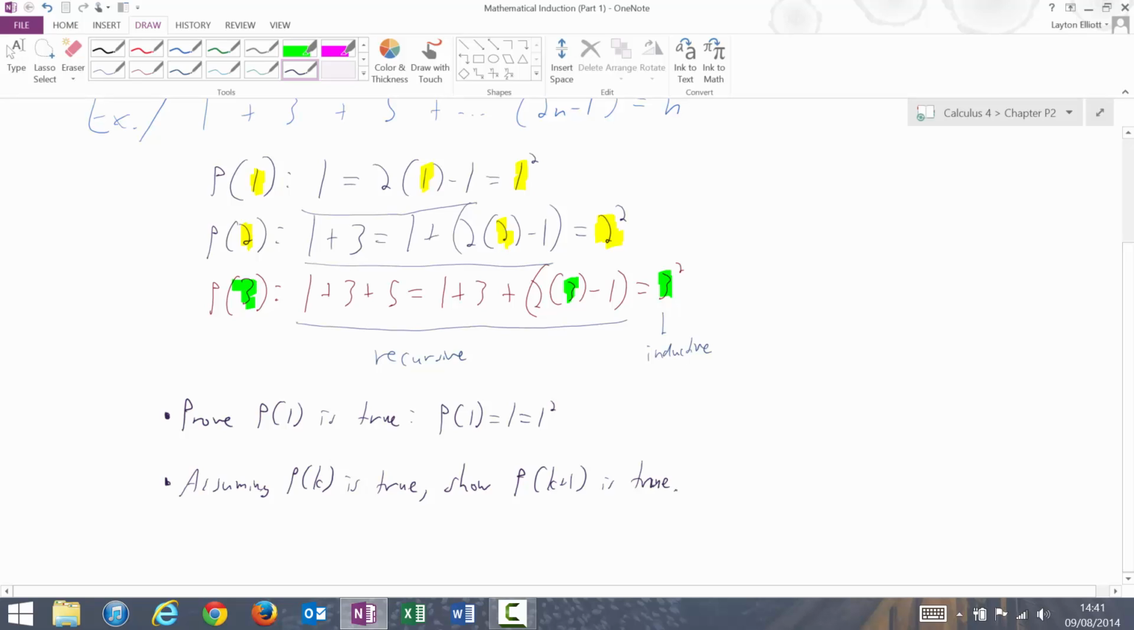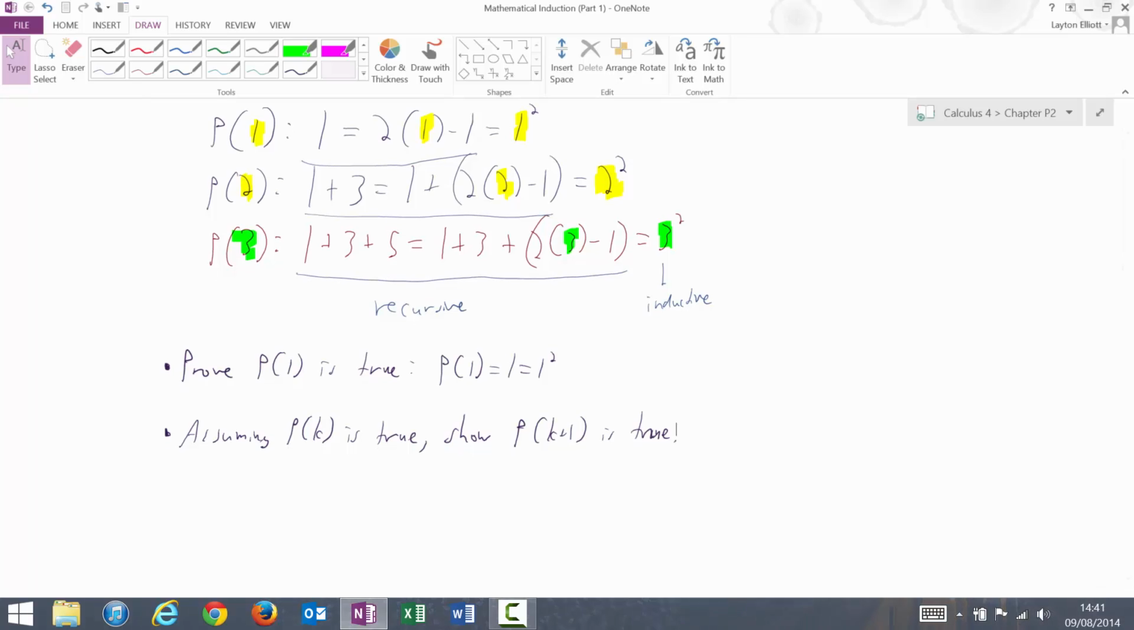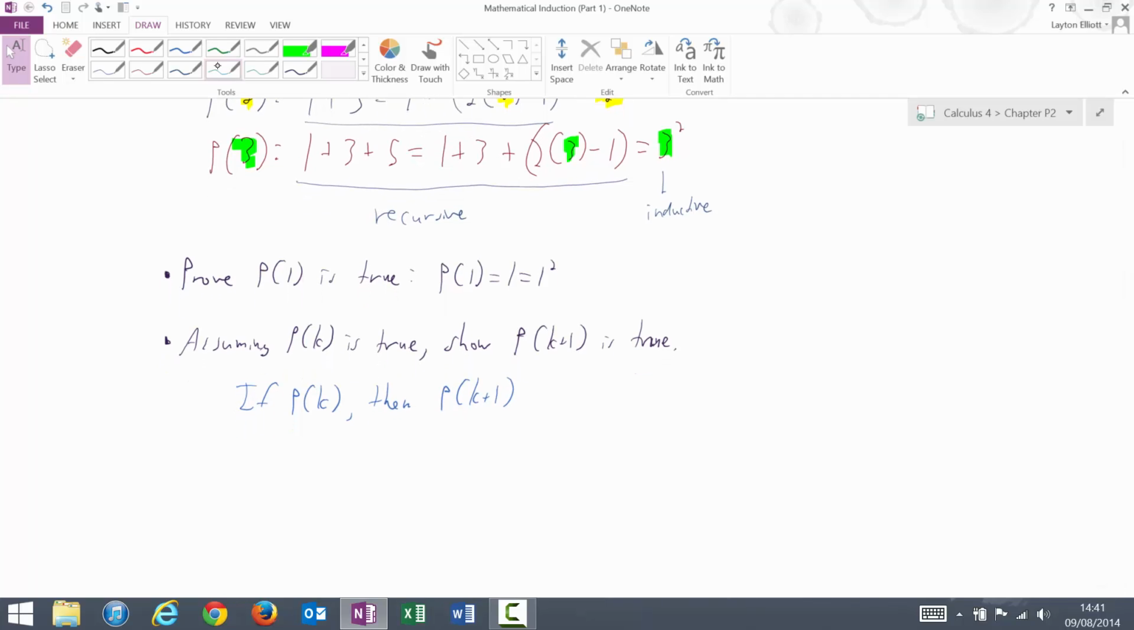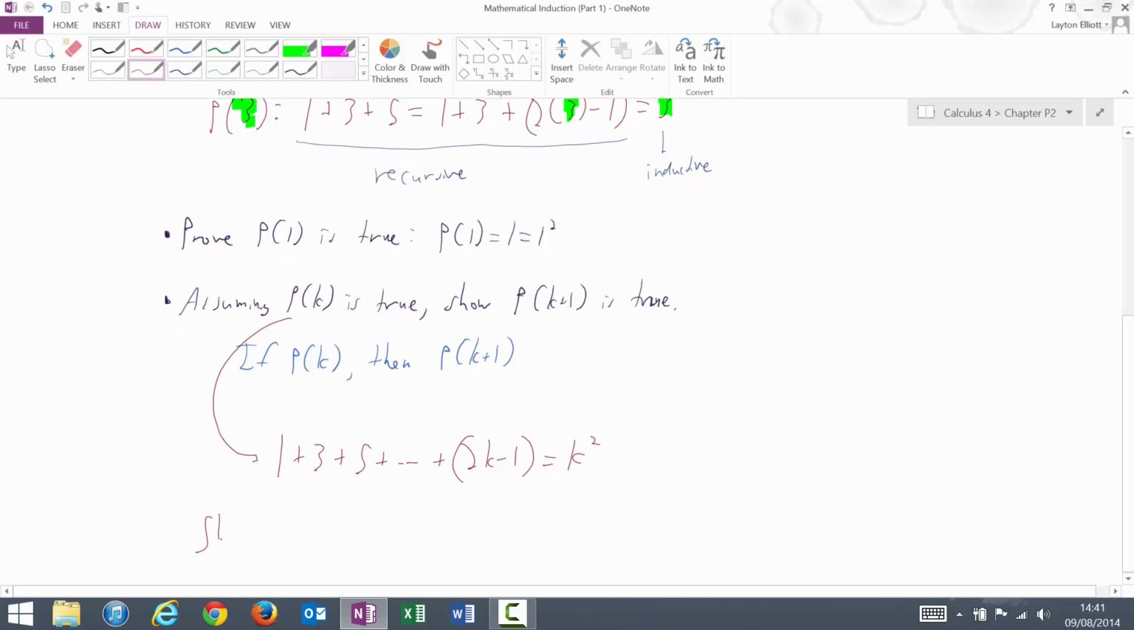Now, Mr. Keelan has a problem with this one, and I can understand where the problem is. So rather than this, let's think about it as an if-then: if P of k, then P of k plus 1, which is really what this is saying. It's not saying P of k is true. It's saying if it were true, then we could definitely show that P of k plus 1 is true. So this is kind of a two-step process. It's really one step, but assuming P of k is true means that 1 plus 3 plus 5 plus all the way up to 2 times k minus 1 equals k squared. Assuming that that is true,